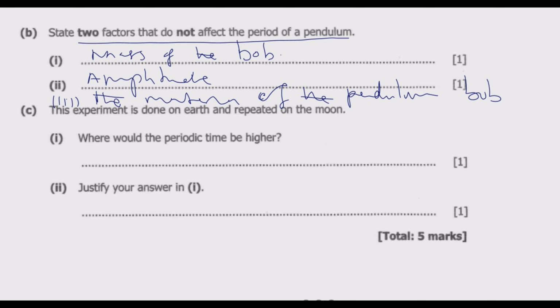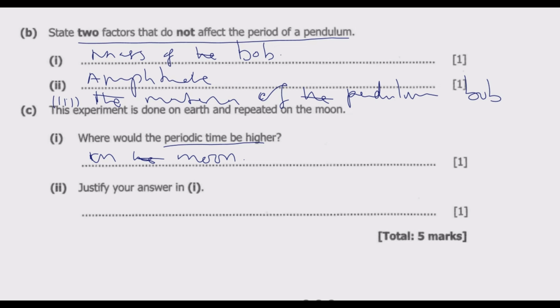This experiment is done on Earth and repeated on the Moon. Where would the periodic time be higher? So basically, where would the period of the pendulum be longer? The answer would be on the Moon. So why on the Moon? Because on the Moon, the gravitational force is weaker. Remember, we talked about the relationship between the gravity and the period. So the stronger the gravity, the shorter will be the period. The weaker the gravity, the longer the period will be,